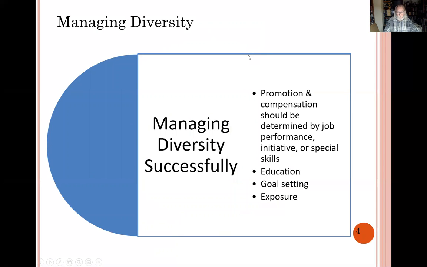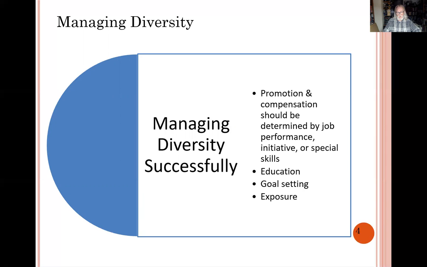When we manage diversity, we have to make sure that we use merit, ability, and special skills as the main considerations when we hire and select people. And we should use those same criteria when we promote and compensate everyone who works for us. Promotion and compensation should reflect a person's job performance, and it should reflect their initiative and special skills. So it should be measurable things, but it should also be as holistic a package as possible to really understand